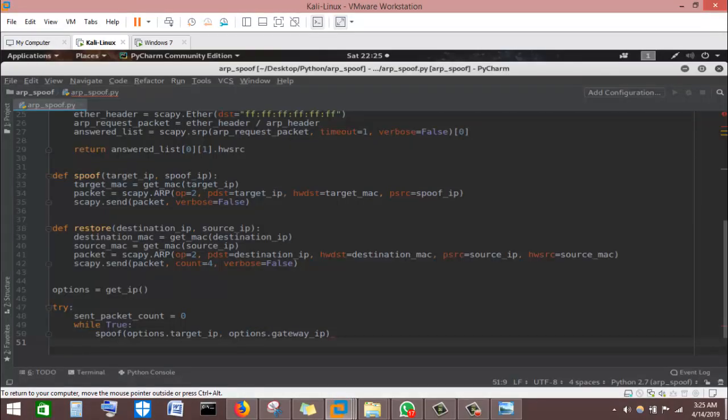I can just duplicate this particular line by clicking on it and pressing Ctrl D, and then it will duplicate. Sorry, my computer is hanging, I don't know what's going on. Okay, so I have successfully duplicated the line. Alright, there's a little typo. Options dot